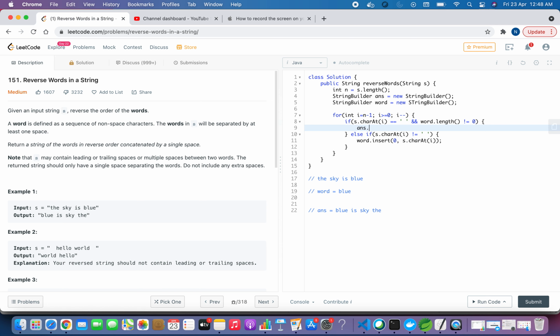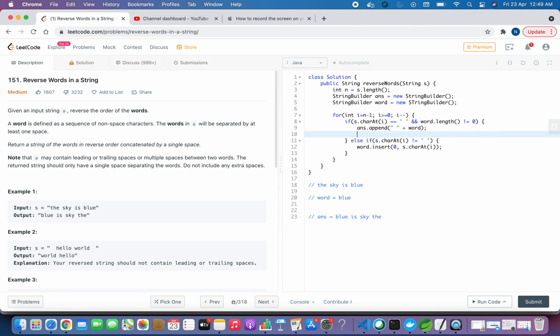So I can append that word to the answer. I'll append answer dot append word. Now we also want a space, so I'll add a space to the answer. Okay, looks good. Now we have to reinitialize the word so that we can construct the next word.